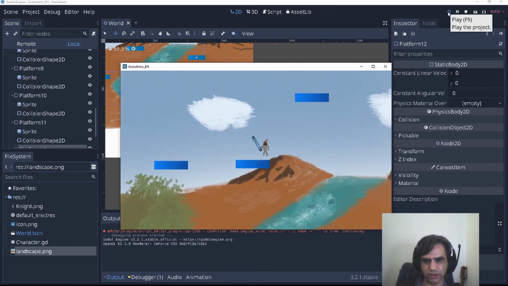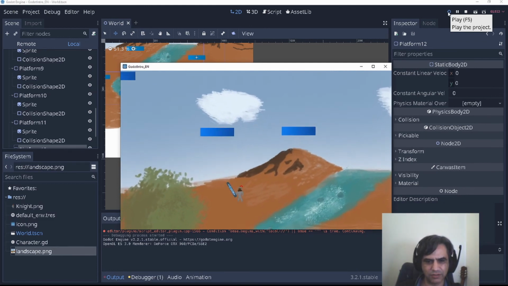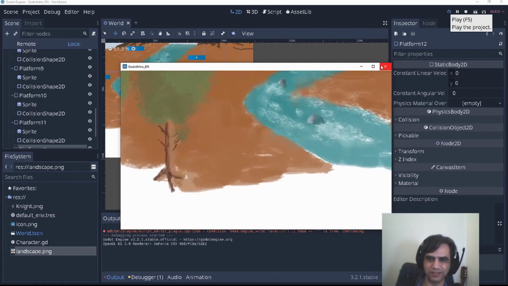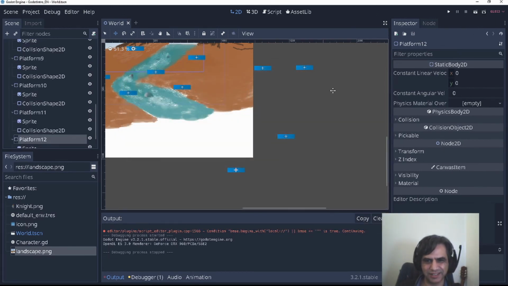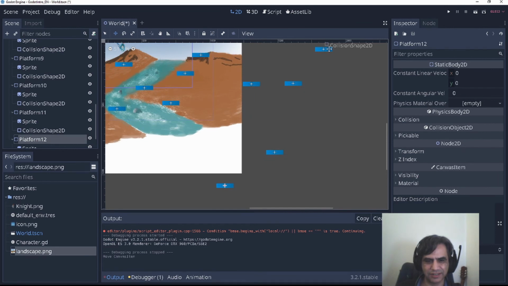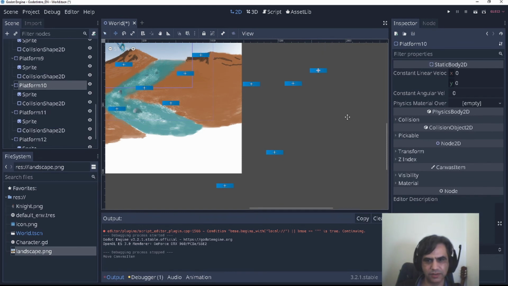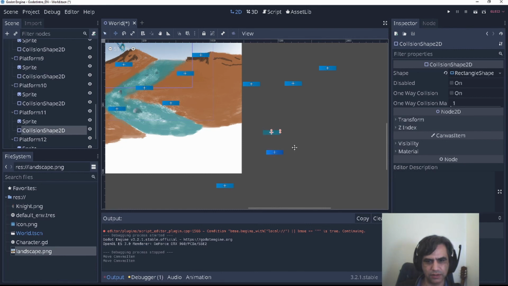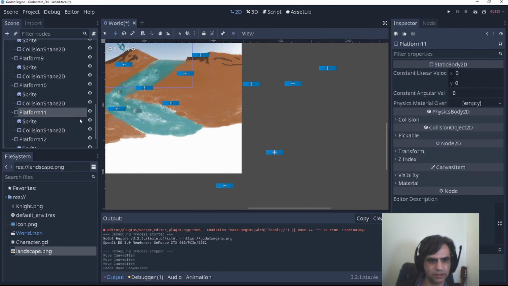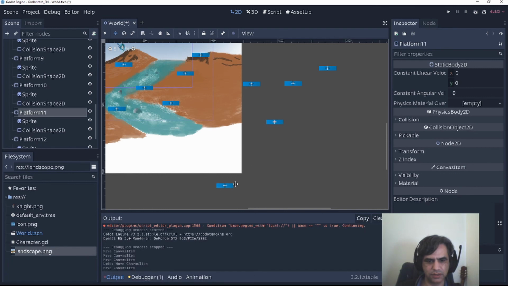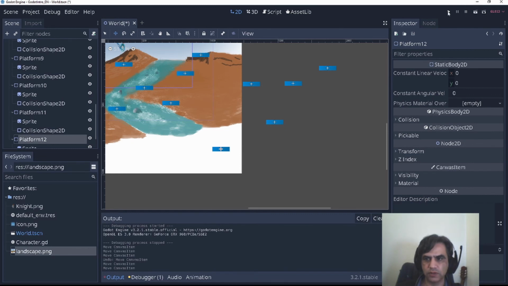Of course, that one I cannot reach. And I have one here. Yeah, I had one there. Let's select this. And this one. Let's see.